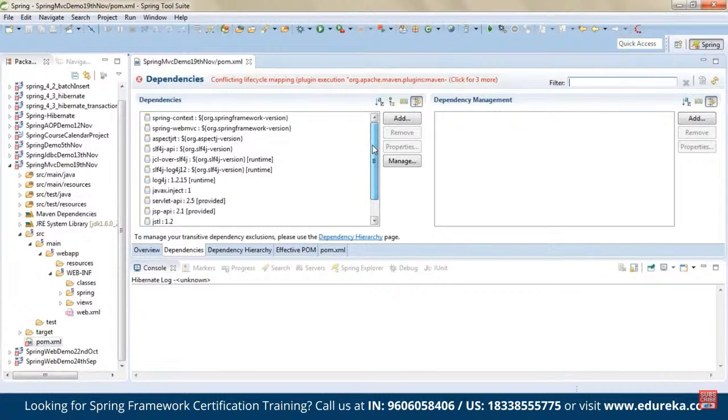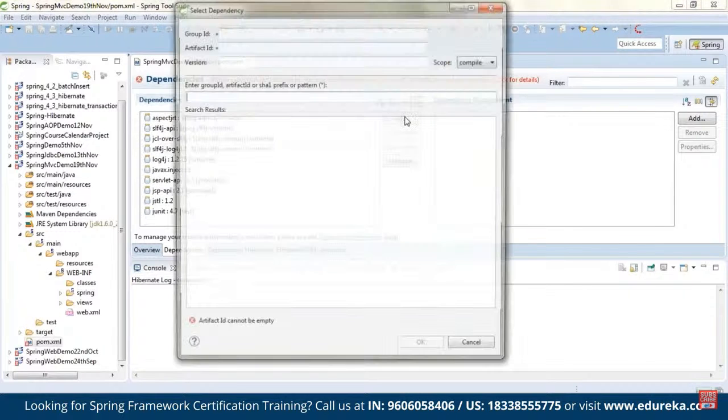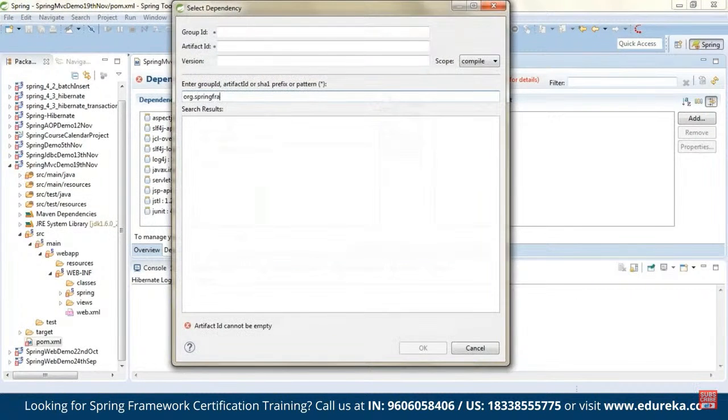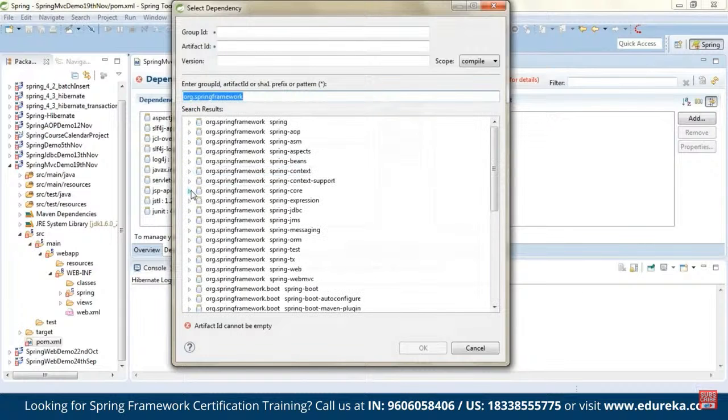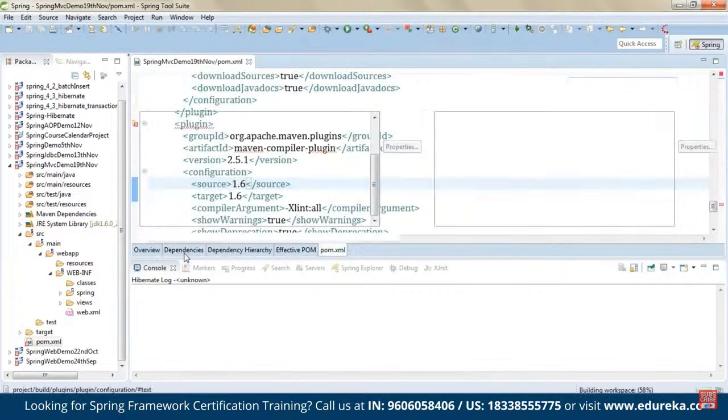Let's change some dependencies, context and web MVC. Rest should be fine. Remove it. Now add some dependencies, org.springframework, starting with core, then beans, then context, web, then web MVC. Maybe I should have web MVC like this only. So now I have all the